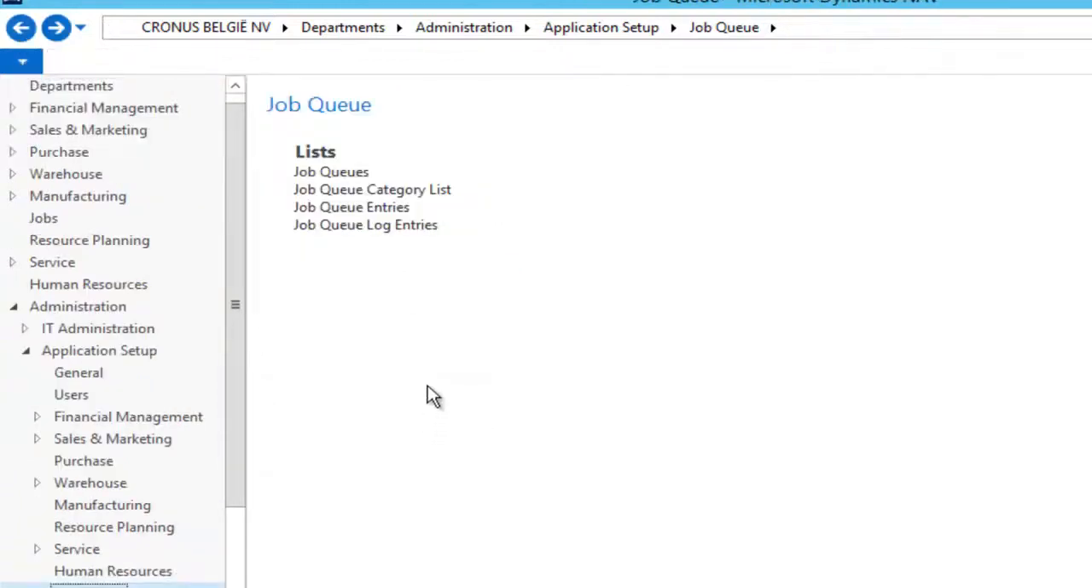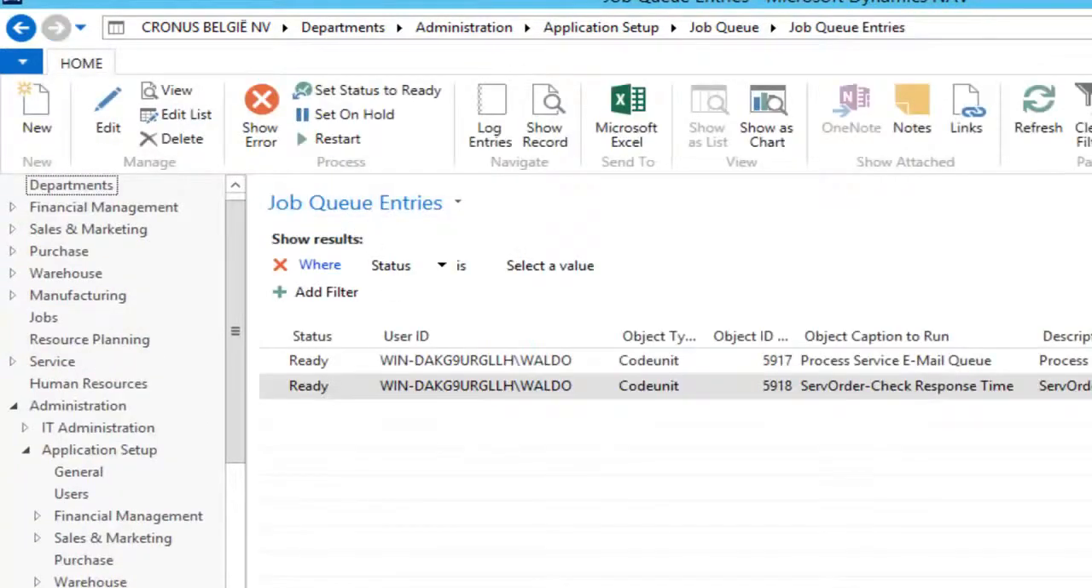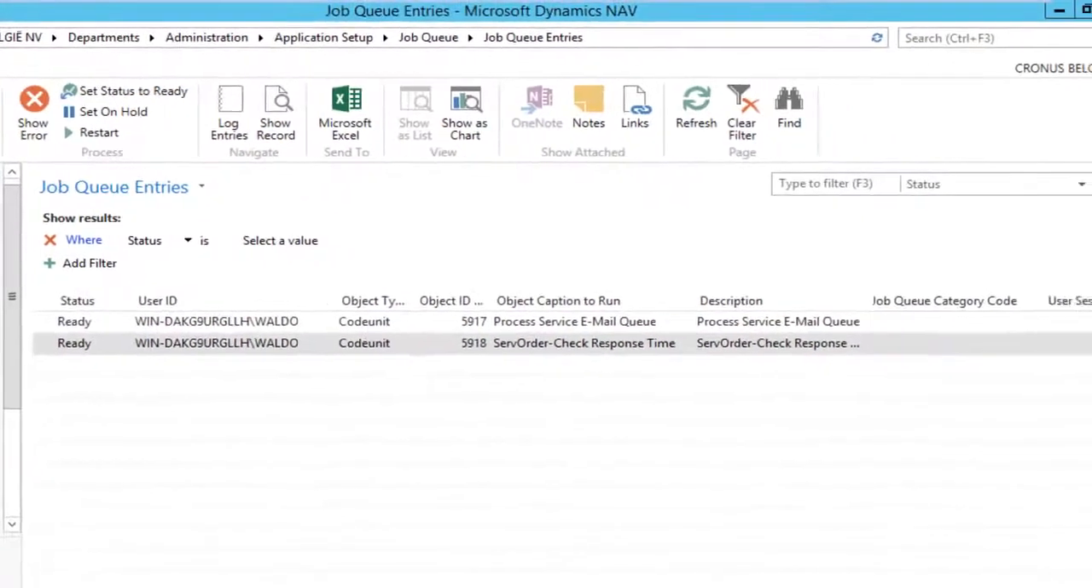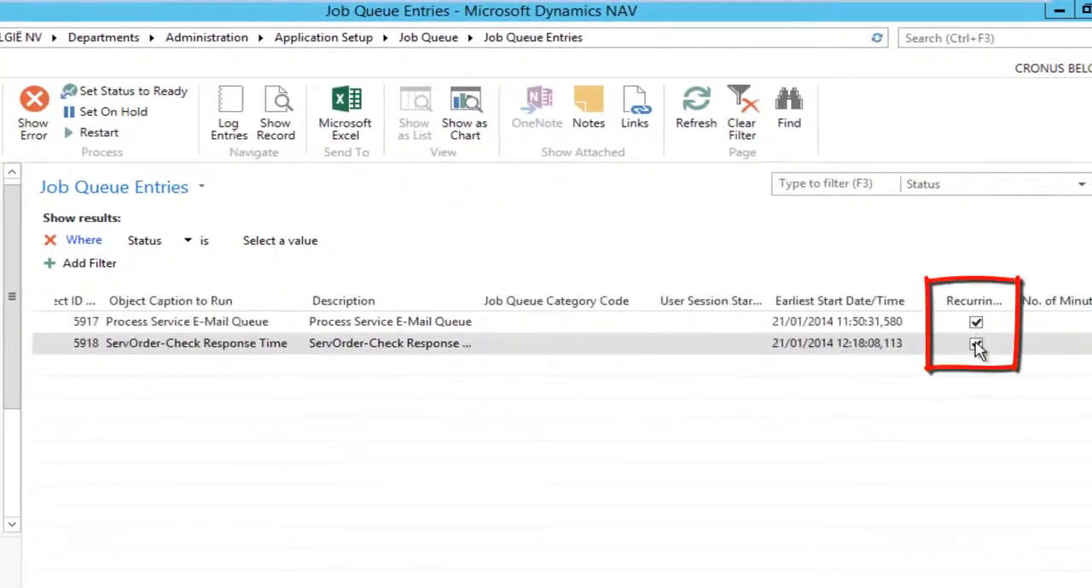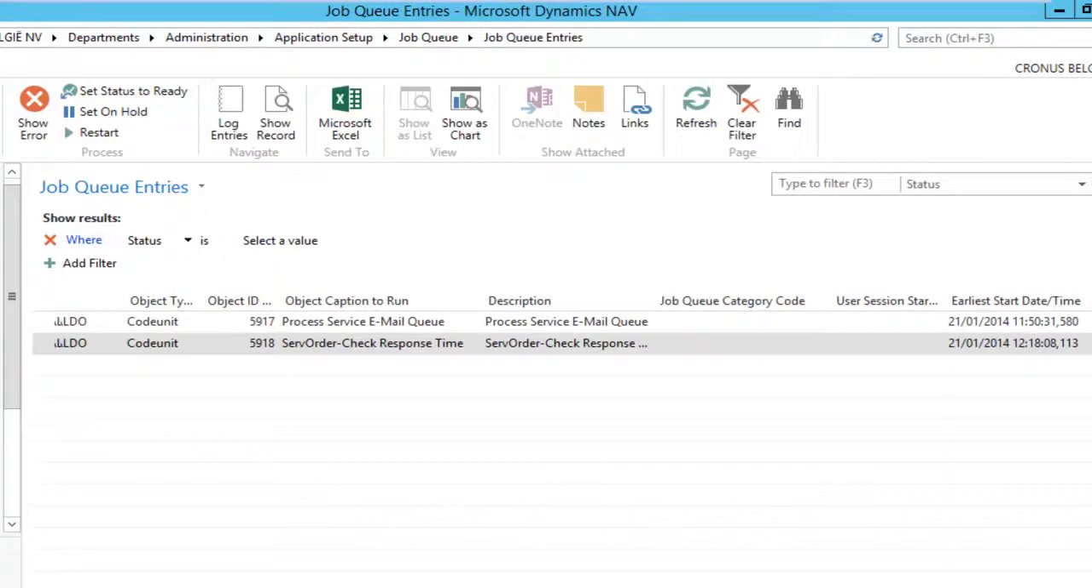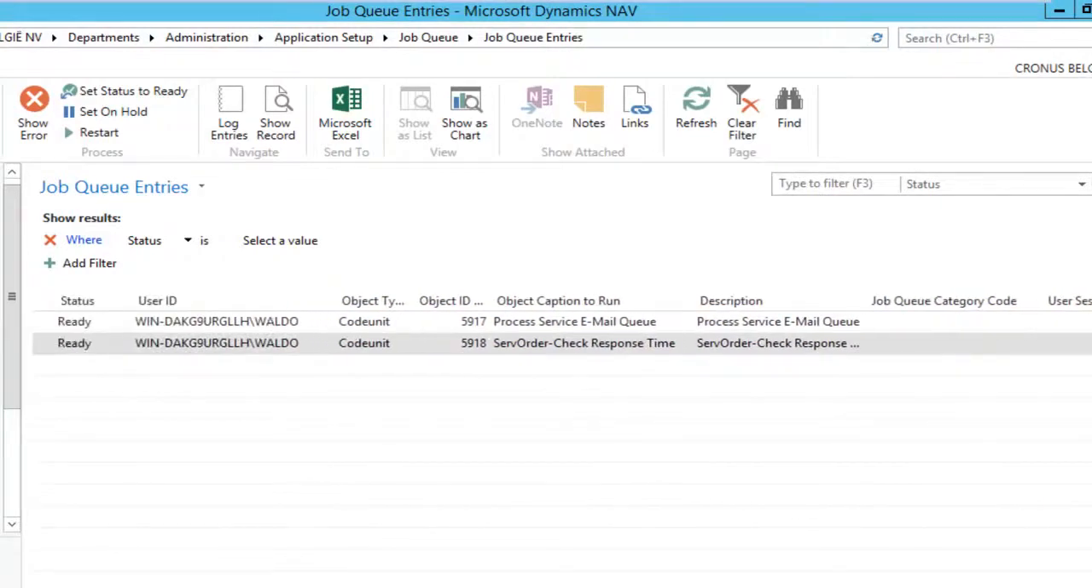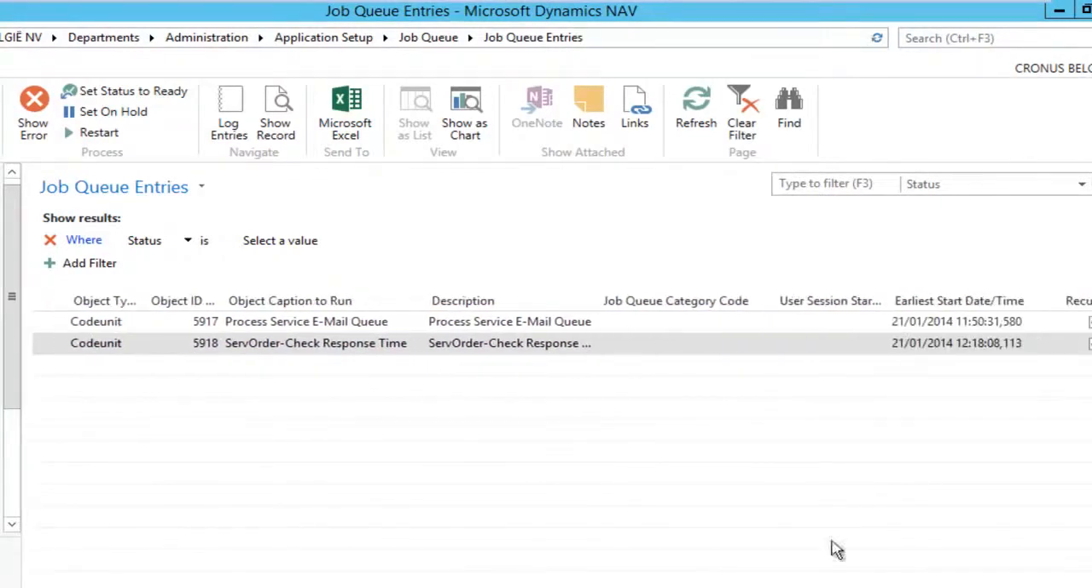Now, the lowest level is the job queue entries. This is the level where we set up the code units or reports that we like to schedule. And in this case, I've got 2 default code units that are scheduled: to process service email queue and the service order check response time. These are scheduled in a recurring manner, so these are going to run recurringly, which actually means it runs when